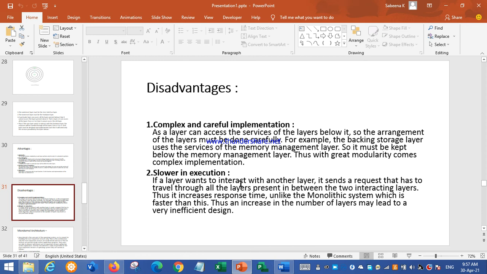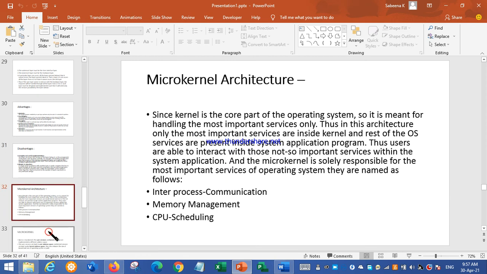Okay. Next we will go to another design of operating system, that is the microkernel design. Microkernel design means the core important functions are implemented in a separate part. The most important functions are inside the kernel and the rest of the OS services are present as system application programs.